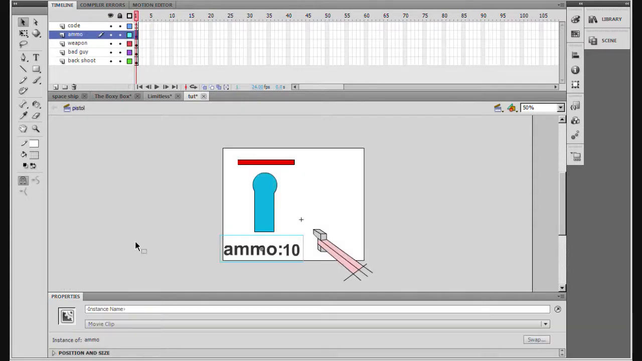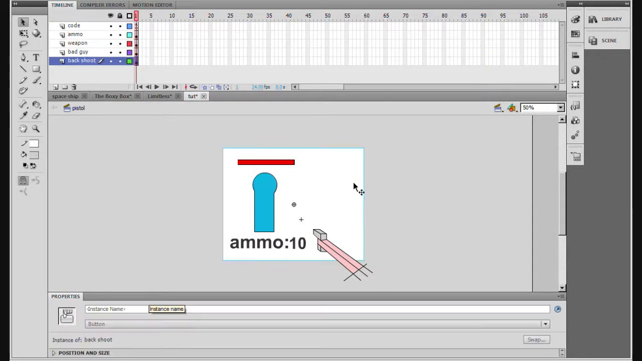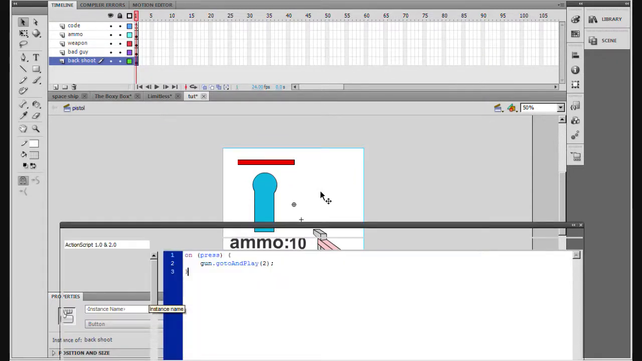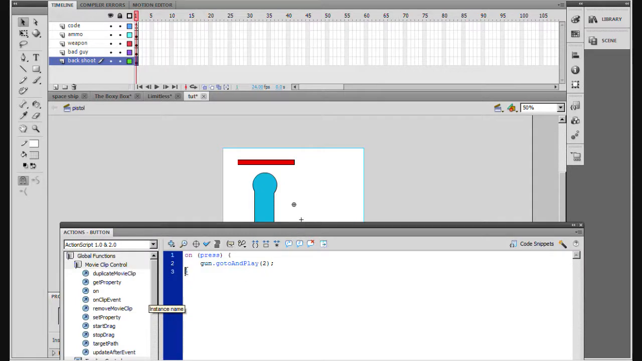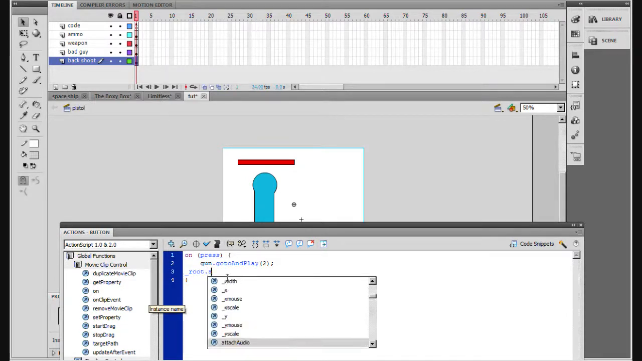We want to create an instance name for our ammo, so we're going to just call it ammo. On this one, which is the back shoot, if you remember from last time, press F9 on the back shoot. Now on press, we're going to want root dot ammo, which is the instance name of the ammo we made. Remember, it's not the name of the symbol, it's the name you put in for the instance. So then dot